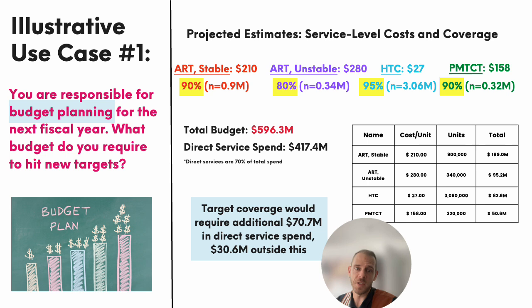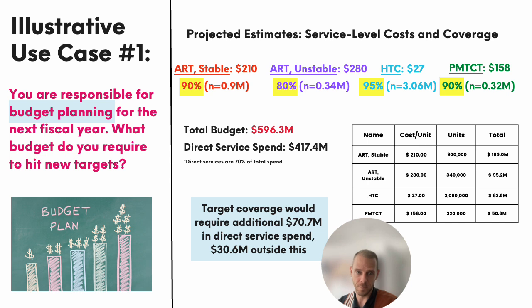Again, multiplying price per unit by quantities of units, we arrive at the total cost of direct services, $417.4 million. Again, if we assume that this represents 70% of the total budget, as it did in the previous year, then our total budget would be